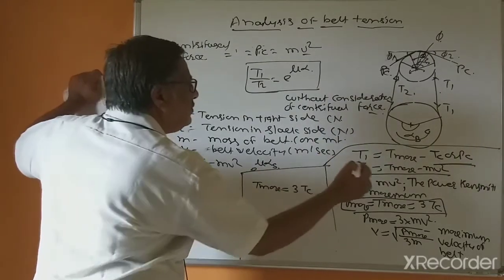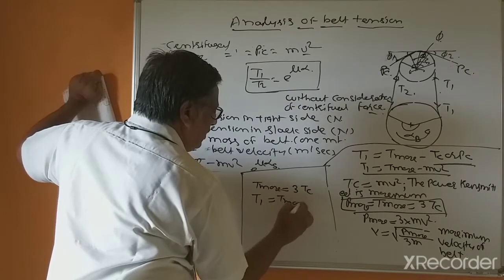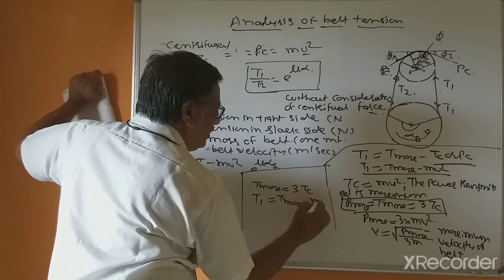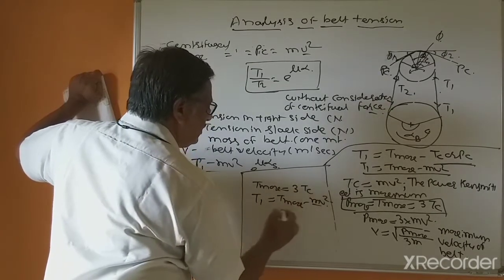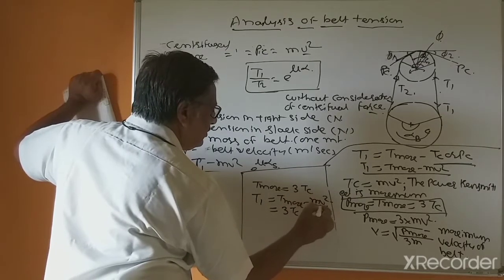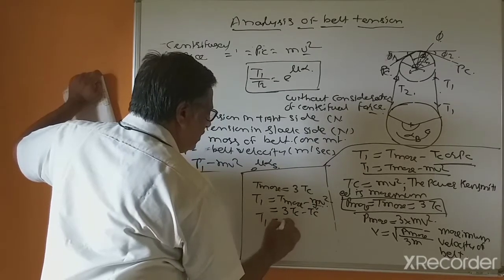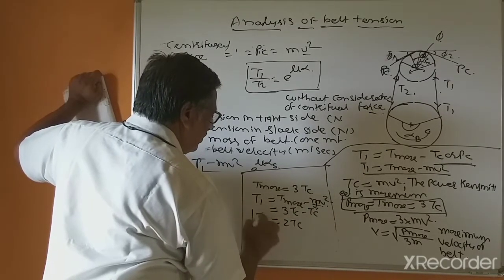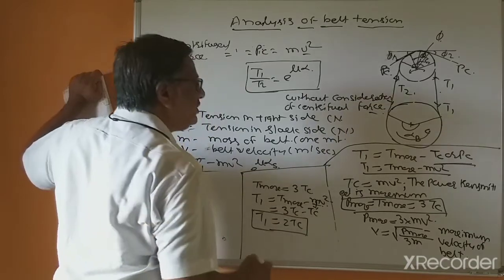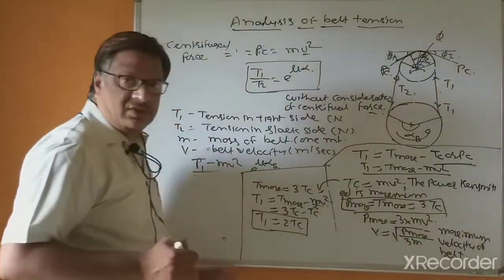Now by using this value, T1 equal to T max minus mv square. So this is 3 Tc minus, this is also Tc. So that's why T1 equal to Tc. So this is for maximum, this is the condition